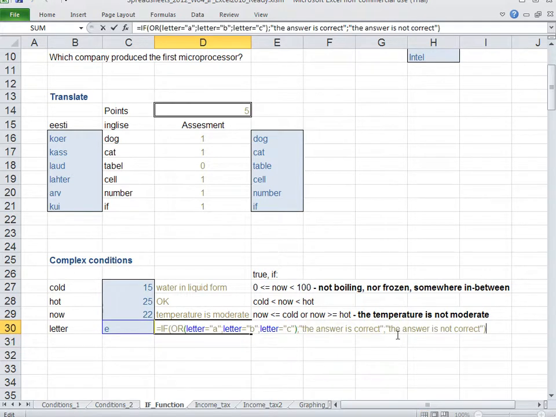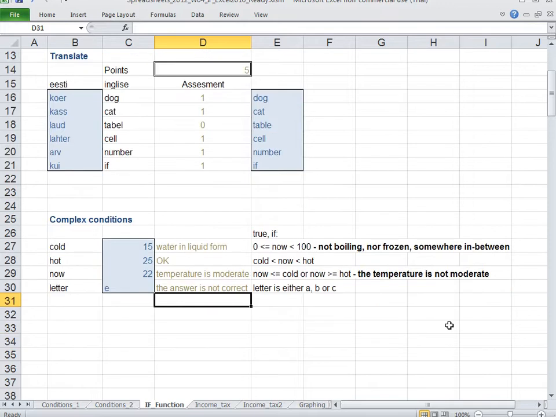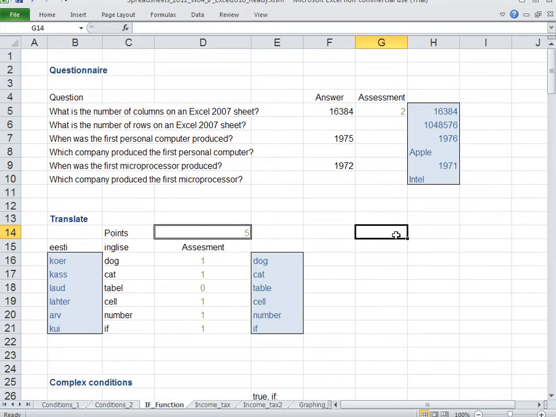So far, as far as if goes, we've only considered the cases in which the comparison becomes more complex. Now let's move on to cases with even more difficult ifs. Let's go back to our questionnaire, in which the second question was, when was the first microprocessor produced? It's actually quite a seminal case in